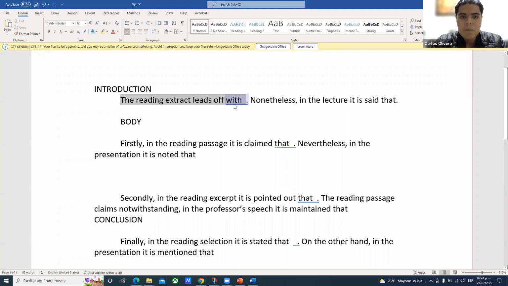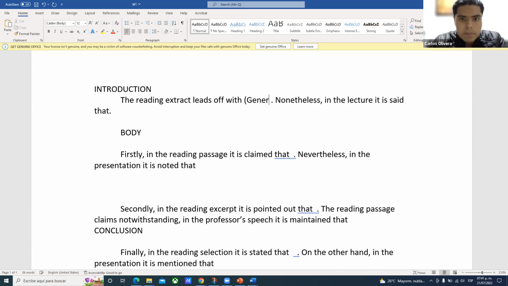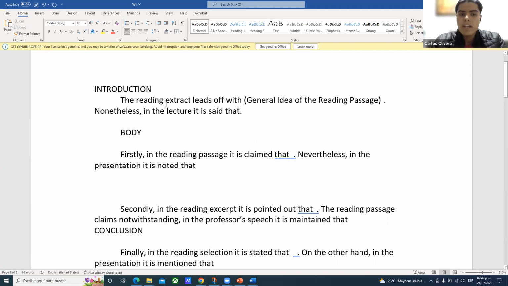So, for example, "the reading extract leads off with," and here you will have to complement with the general idea of the reading passage. The reading extract leads off with the general idea of the reading passage, and then you would say,